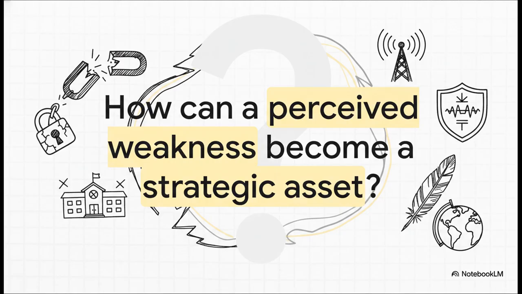For years, the US government had actually tried to stamp out the Navajo language, calling it primitive and forcing kids in boarding schools to speak English. They saw it as a weakness. But when everything was on the line, that very same culture, that weakness, became the nation's single greatest strategic asset. It really makes you wonder, what other amazing strengths are we overlooking just because we don't see their value yet?